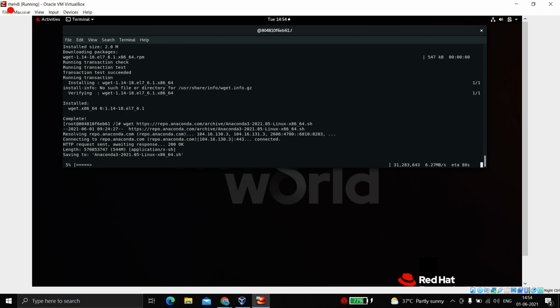Yes, so it has started downloading. It's a bit big software, as we all know, Anaconda, so it will take some time, and then we will have a shell script for it, and we just need to run it using bash, and our installation process would start. In some programs we have an installation procedure, like some agreements to be agreed and some interaction it needs, like yes or no. That same thing we need to perform here. So this installation process will take some time, so let's wait for it to complete.